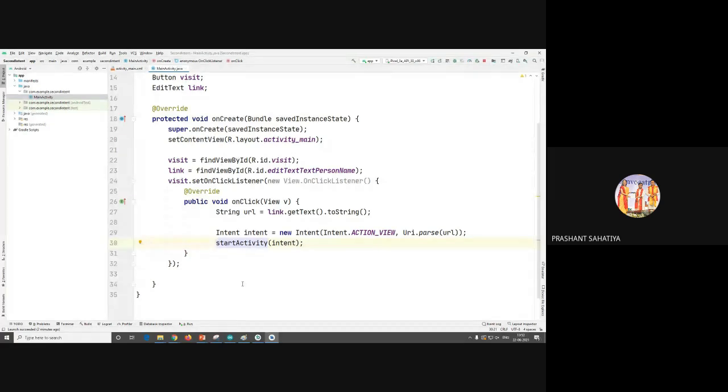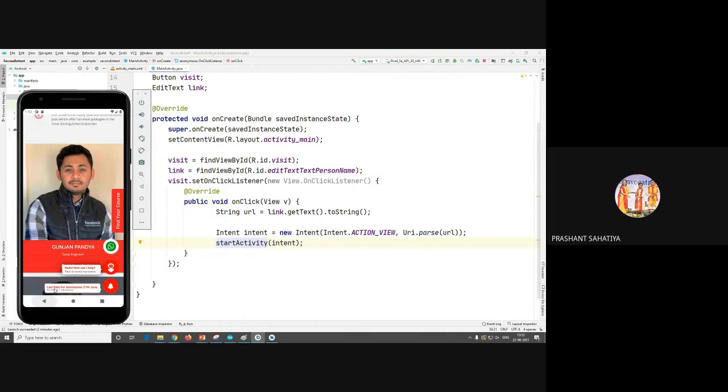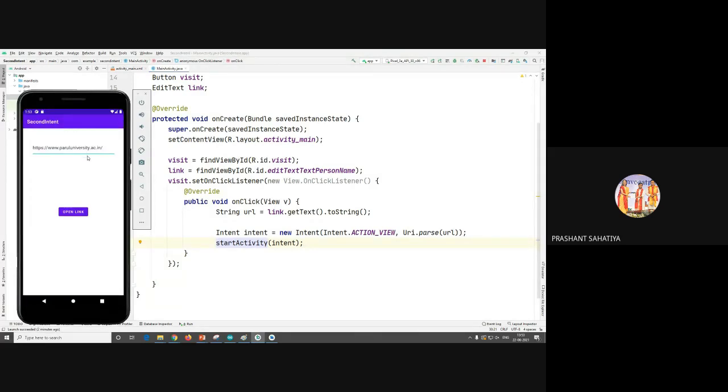उसमें क्या करोगे आप, देखो यहाँ पे मैंने क्या किया है, I have asked for one link. So this link will be static in your concept. That is, it is always PUMIS. You are just clicking on that link and it is redirected to the PUMIS. In that case, you will not ask the user to give the link. तो वो भी हो सकता है, वो मैं अभी दिखाऊंगा नहीं, but हो सकता है, that is possible. I'll share that particular source code if you want. ठीक है. हाँ, चलो. Any other questions?